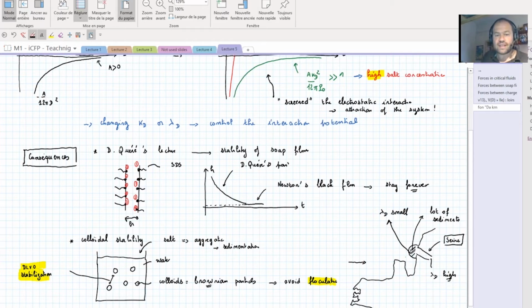Okay, due to the fact that you screen the electrostatic repulsion, and then you have this strong attraction due to van der Waals forces. So really, that's DLVO. It is something which is really important,